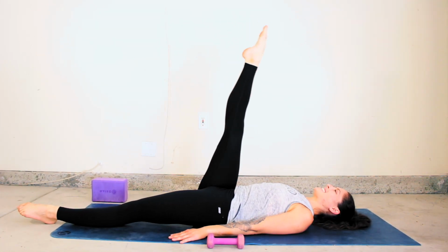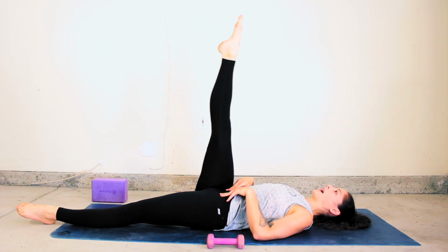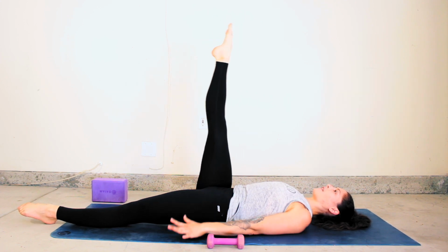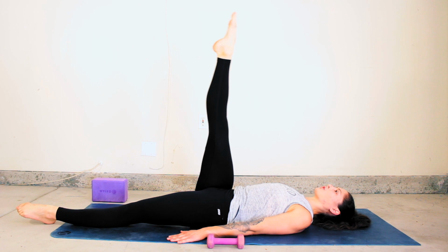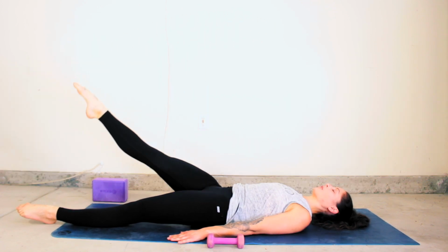Point the toes. Tiny little circles. So again, keeping the pelvis, the hips quiet, so you're going to have to engage more through the core, and extending the left leg long. They could be the size of a grapefruit or a beach ball for your circles. Option, if you can keep the hips quiet, you can start to circle the leg a little bit bigger